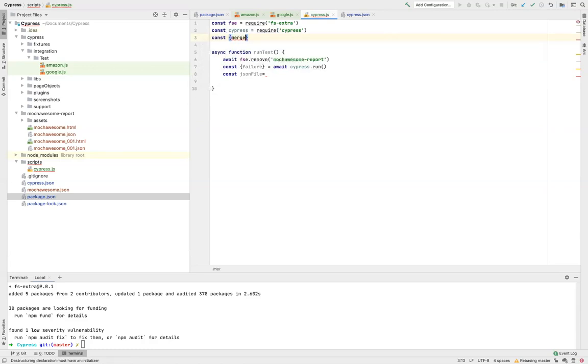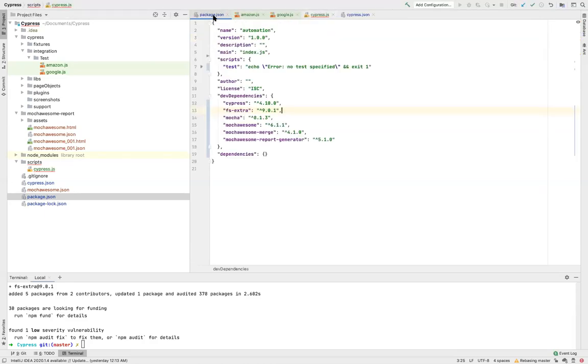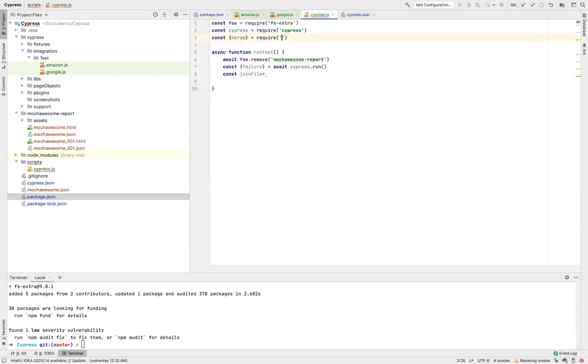Merge is already a function, so I won't import the whole class, I'll just import the function. Let me check the package name, mochawesome-merge. Await merge. After merging, it will give me this JSON file.